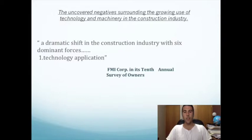It's technology and machinery that begins the program today. So my points revolve around the uncovered negatives surrounding the use of technology and machinery within the construction industry. In the modern day era, there has been a dramatic shift in the construction industry with six dominant forces. Number one on FMI Corp's list of factors as a result of its 10th annual survey of owners is technology